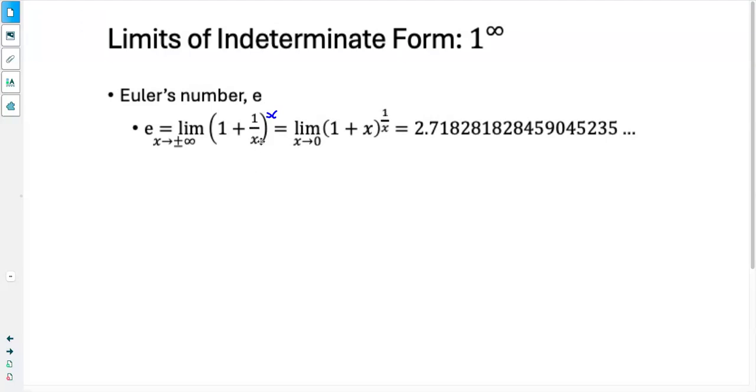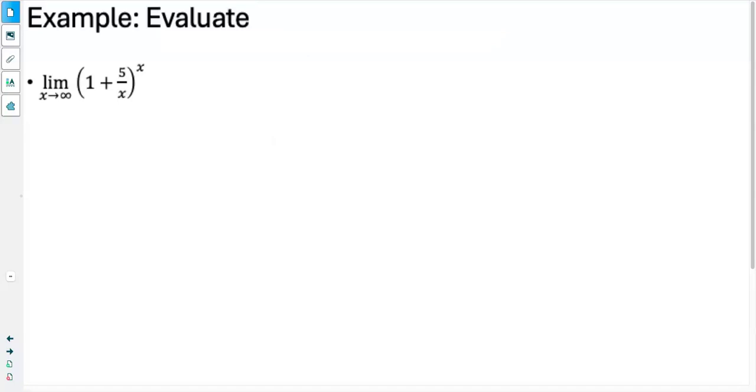So if we have something that's 1 over x, we'll typically change it to x to the power 1 over x and go to 0. Or we'll go the opposite way, and we'll go from x to 1 over x to the power of x and go to infinity. So if we have our limit as x goes to infinity of 1 plus 5 over x to the power of x, that's going to equal our limit